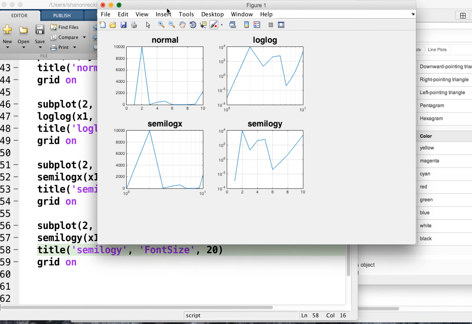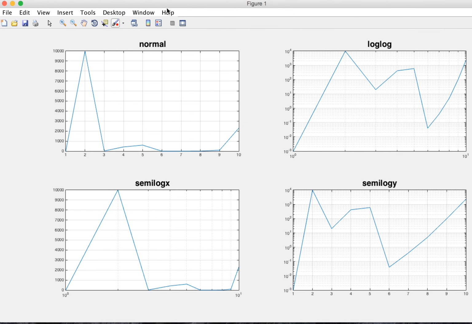So here is all 4 subplots filled, and each of them with a different log axis. So this is normal, this one has log on both, and then these are the 2 that I only did one of the axes. So this looks best, right? You can see the data best with that combination. So in your lab, you are going to do this with some of the data as well because it's spanning orders of magnitude. Any questions